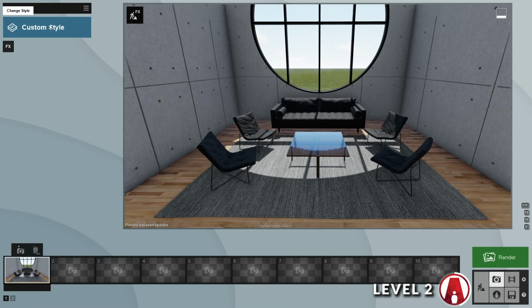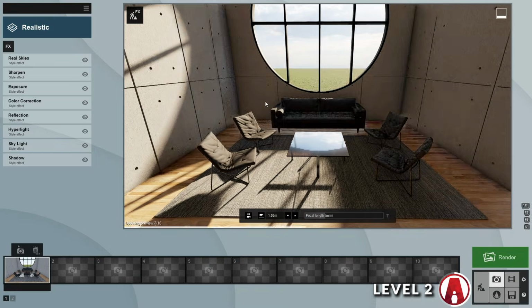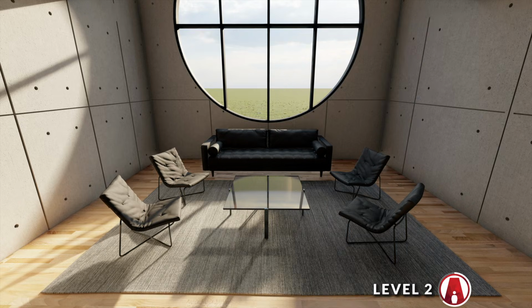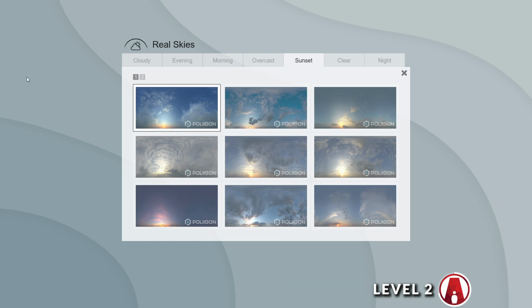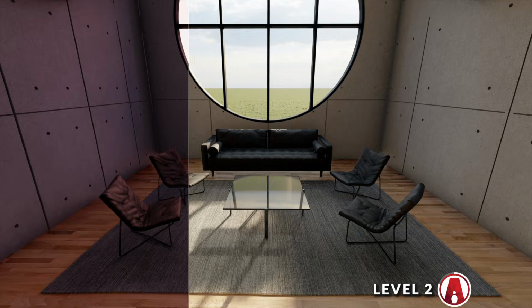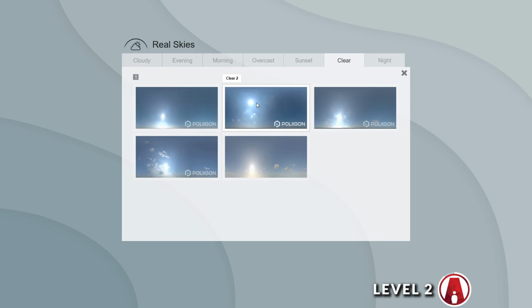As for the render, you can easily improve it by using Lumion styles, which are basically presets built with different effects. So with one click, you can change the look of your render. There are lots of different styles that you can use. You can also make some quick changes, such as the real sky background and its position. For this scene, I will keep it as a daytime render.